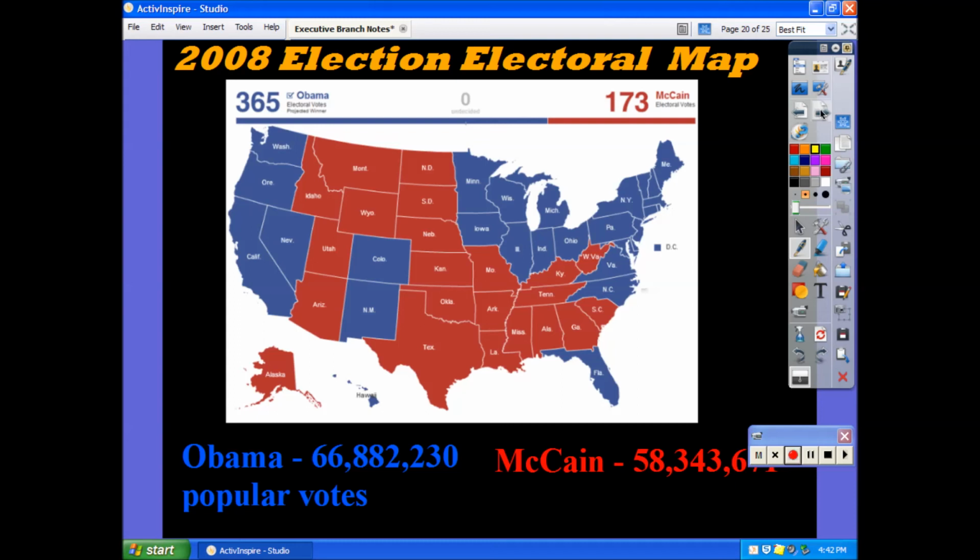But you've got to remember that those states aren't equal in terms of their electoral votes. Just because they're a large state, they may have a very small population. Consider Montana, for instance, a very large state with a very low population. But at the same time, it does look like this was a rather close election. When you break this down even further, it looks even closer.